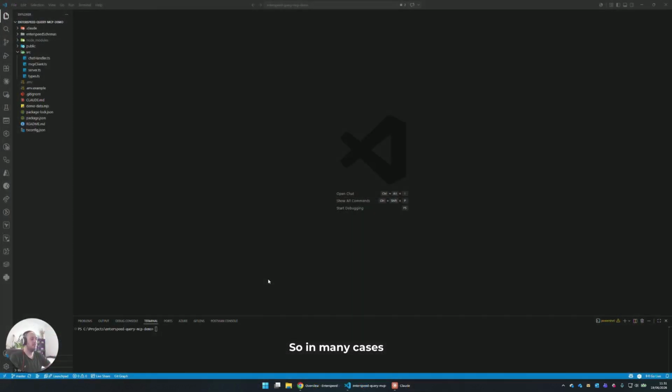In many cases, users will not be working inside Claude Desktop. They will be working in a custom application or existing application where the user is already working and where they can answer questions right from the context they are already in. And this is what we have here, a custom Node.js application that hooks up to the Enterspeed Query API. So first off, let's start the application